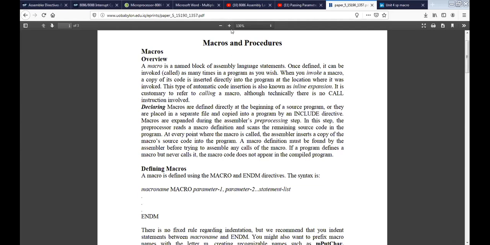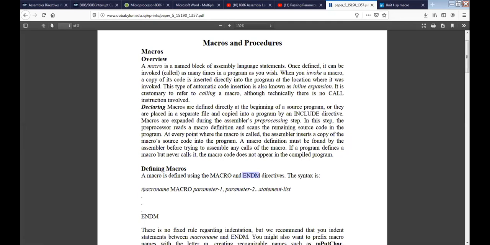We'll see one example. How do we define a macro? A macro is defined using the keyword macro, and you end the macro with the ENDM, end macro directive.